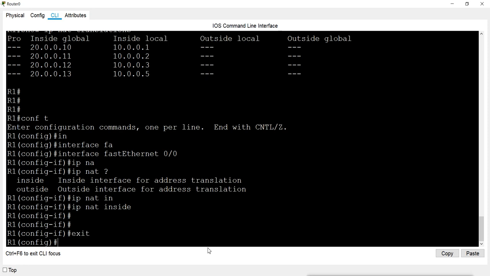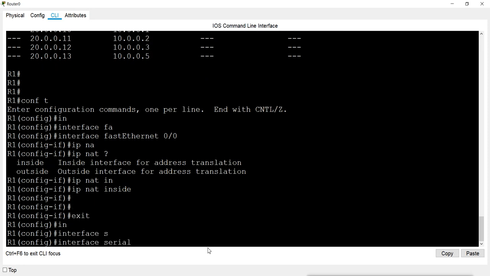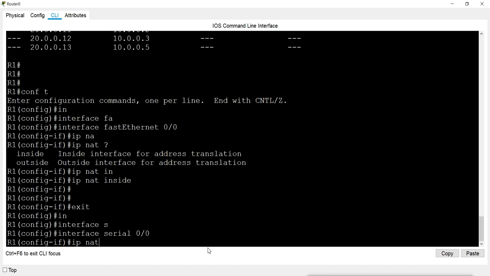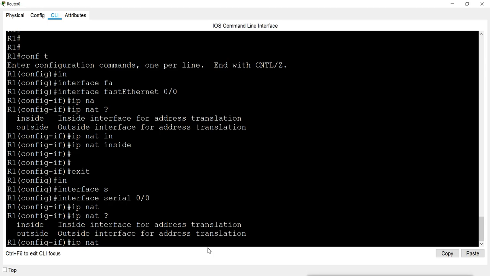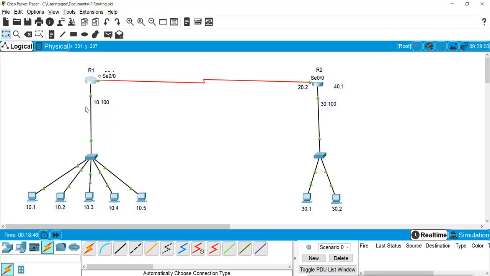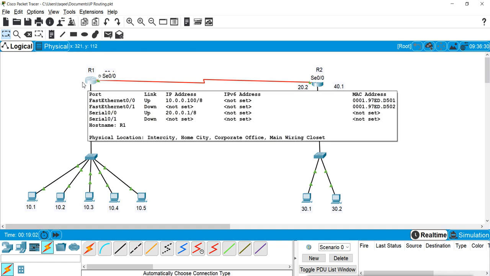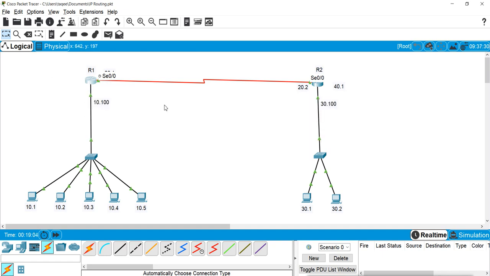And if I am configuring on the serial interface, I will say ip nat outside, because it goes in from here and out from here. If we configure in and out both, then the router will translate only if it goes in from this interface and out from this interface. If it goes in from this interface and out from some other interface, then it will not be translated.